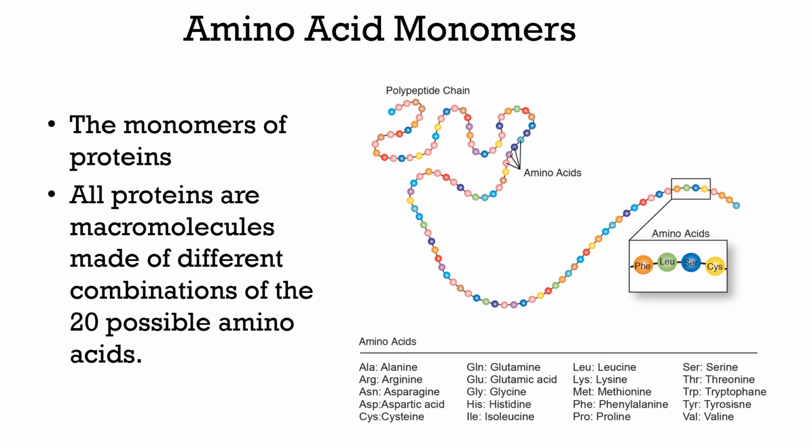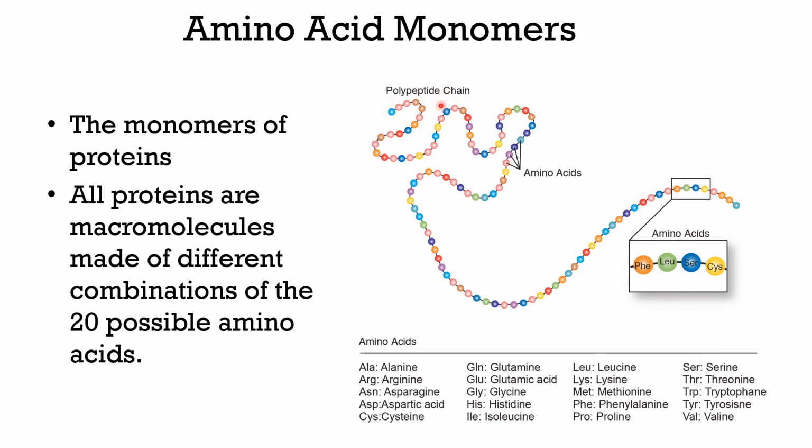So as I mentioned, amino acids are going to be the monomers. We have 20 amino acids in the body, and these amino acids are all going to have a specific name. You do not need to learn all the names of all 20 amino acids. We'll talk about what you'll need to know for amino acids in general. But you can see you would string all these different amino acids together, and they will create something called a